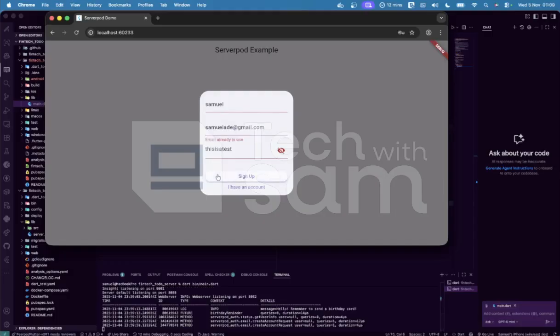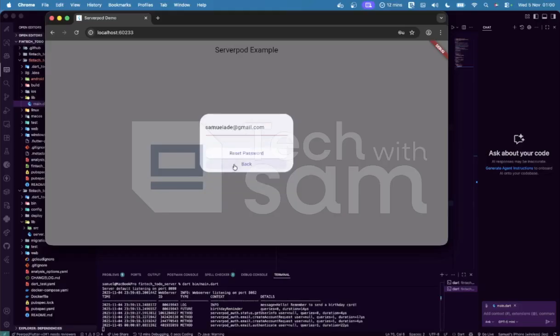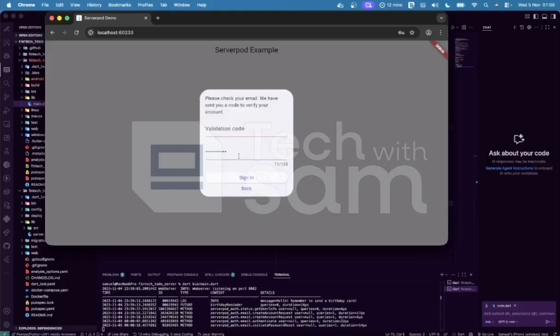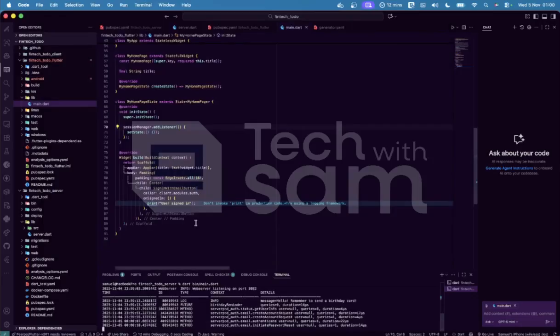Alright, so this is having the same issue, and if you try logging in, it will say incorrect password, and if you try to forget password, it's saying the verification code has been sent. But if you check our log, we can't find any verification code in our terminal. So now to resolve this, now